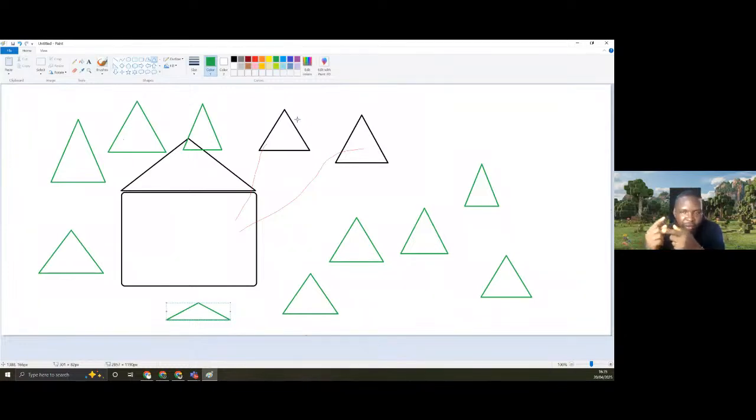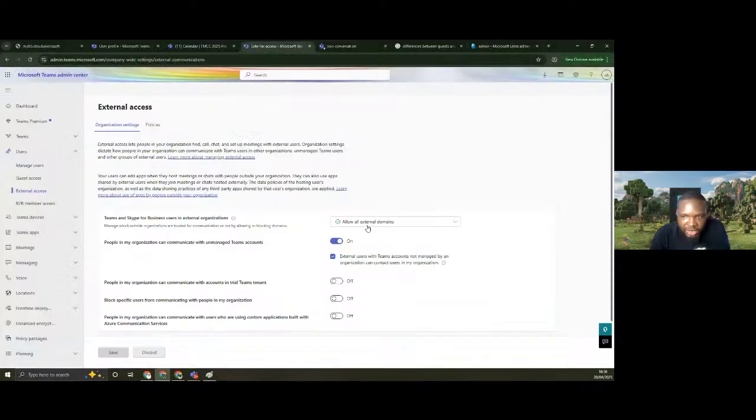before you can have interaction or collaboration with that domain, because you have intentionally or unintentionally blocked out all those domains. But if you are blocking certain domains, you are bringing 2, 3, 4, 5, 6, 10 domains, and you are blocking that, then the number of other domains outside of the ones that I have blocked are all allowed, right? So, I just hope that was straightforward enough. If I come here now, you really understand what I'm talking about.